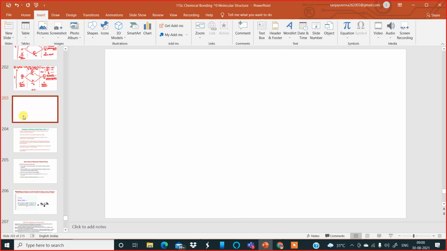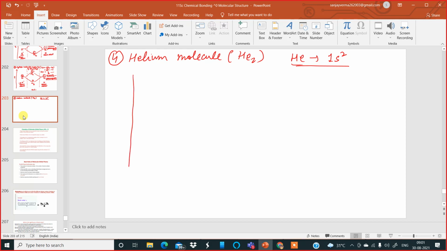Number 4, I am taking the example of helium. Helium molecule. The formula is He2. Now we know the electronic configuration of helium is 1s2. Okay, helium atom, so I'll need 2 helium atoms. I'll first draw the energy arrow on the left hand side of the page, and then I'll write over here helium